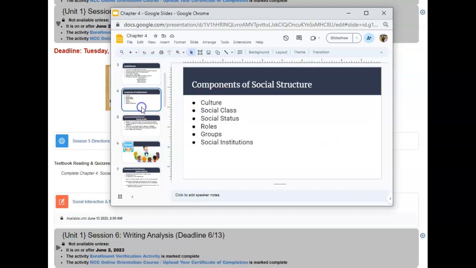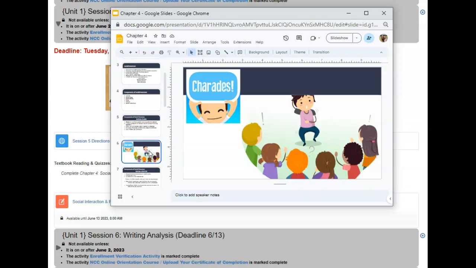A couple of things that you may see in your book are different components of social structure, and those are listed on your screen there. And just for introduction purposes, I'm going to talk about status and roles, which are two aspects of social structure. I like to do this by thinking about the game charades. So if I was to play the game of charades with you, I would give you a piece of paper that has something on it, let's say mother or parent or child care provider, okay?